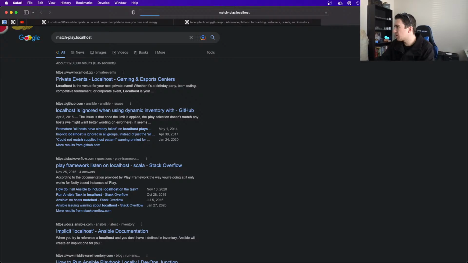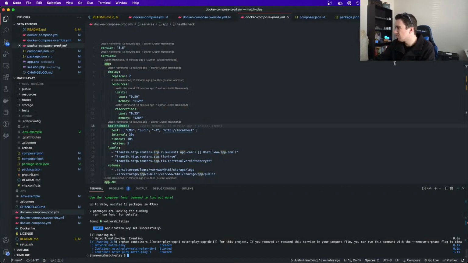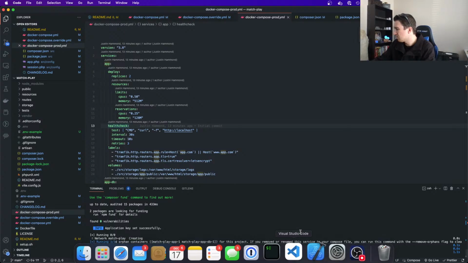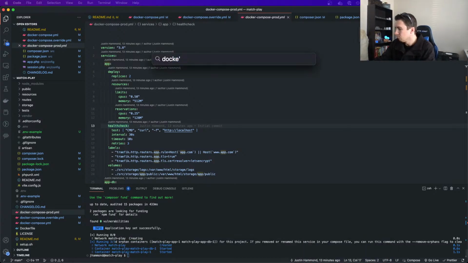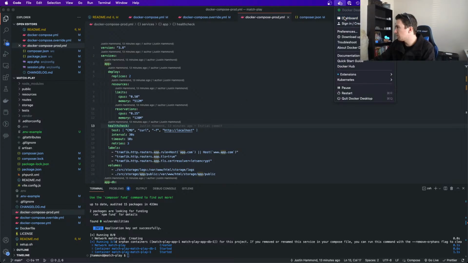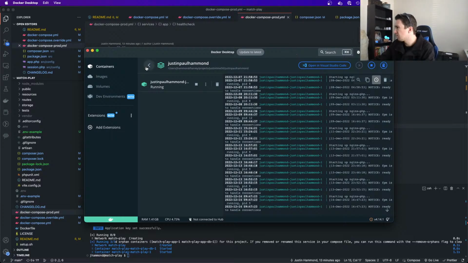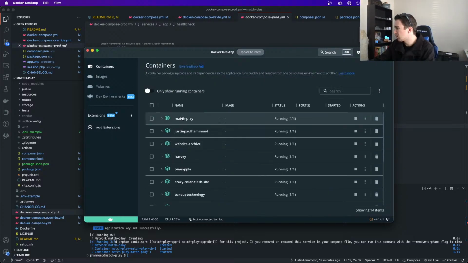If we did this right, we should just get a landing page. Let's open up the Docker dashboard here. So there's match play.